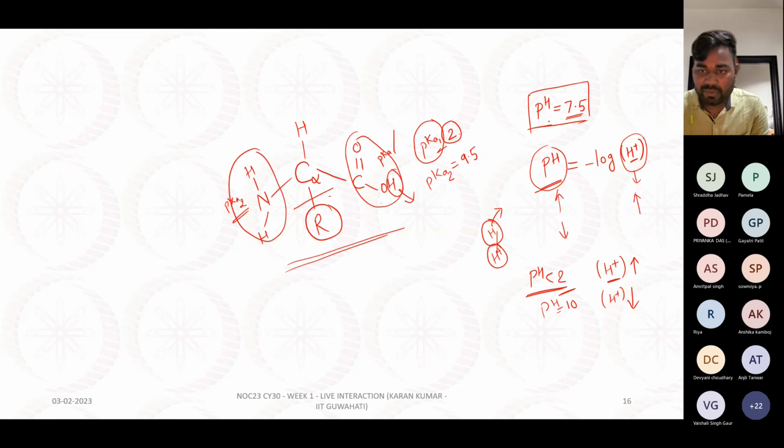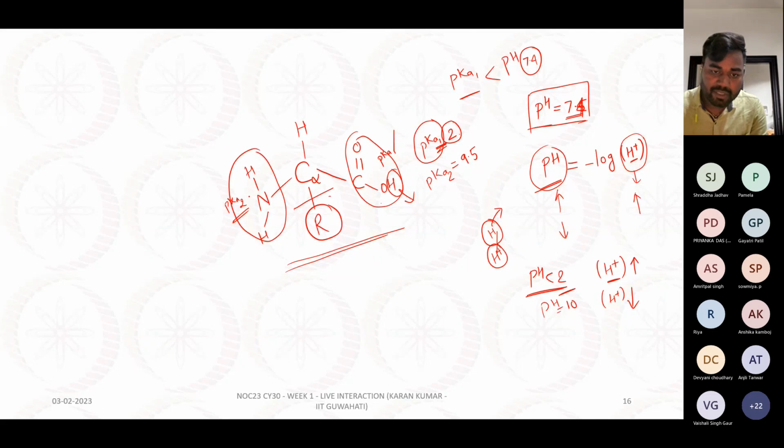At the physiological pH, which is pH 7.4, sorry, I have written 7.5, the pKa value for the alpha carboxylic group is 2. So at physiological pH, pKa1 is less than the pH value of 7.4. Right, so because this is a basic condition, the OH group of the alpha carboxylic group will lose its proton. Thereby at the physiological pH, it will exist as negatively charged.